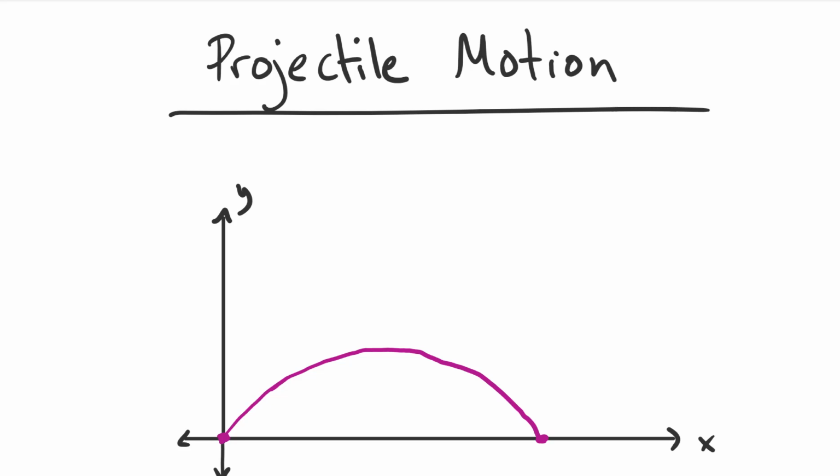So when you kick a ball, there's nothing stopping it going in this direction, except maybe wind resistance, but we're going to ignore all that. We'll ignore wind resistance and things like that. We're only going to think about one other thing acting upon it, and that's gravity, that force pushing the ball back down to the ground.